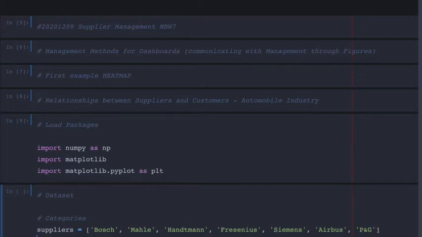And then the customers, the original equipment manufacturers, are, let's say, Audi and Daimler and Porsche and